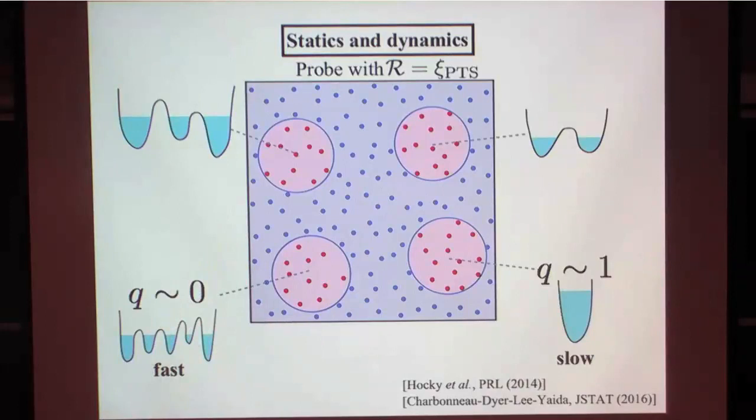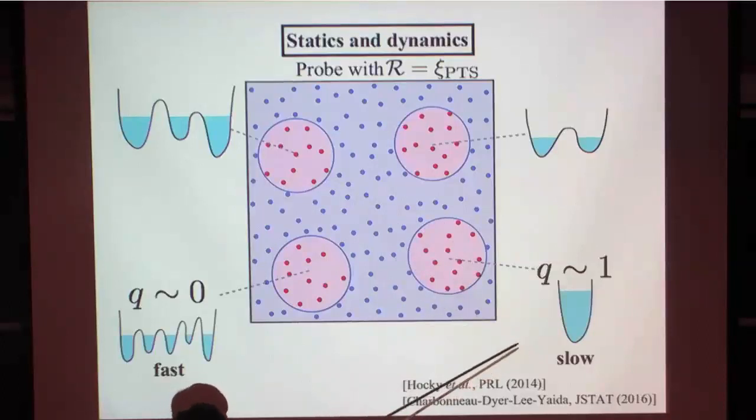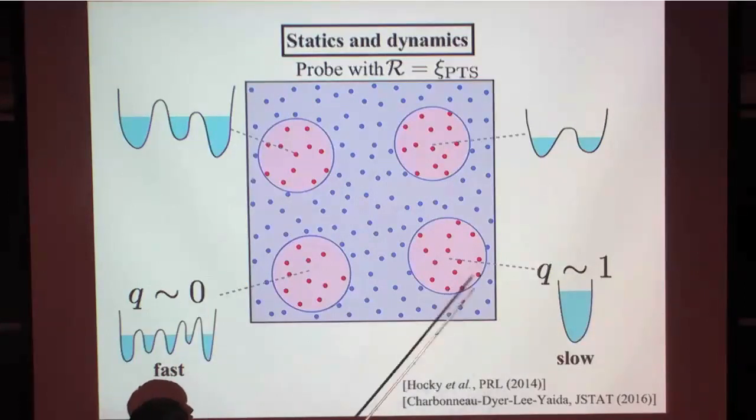And when that happens, since you can easily jump over these states by rearranging things inside here, you think that if the overlap is small, then the dynamics will be fast. In contrast, if you have some place where even this relatively large cavity scale leads to only one state accessible, then the overlap will still be 1. So reversing the sentences, the overlap is high, hence you have access to only one state, so it should be slow. And you can actually measure the correlation between the overlap and how fast these regions relax over time.